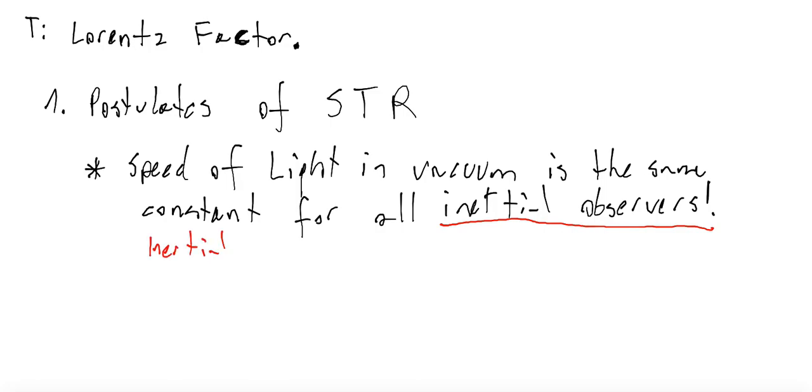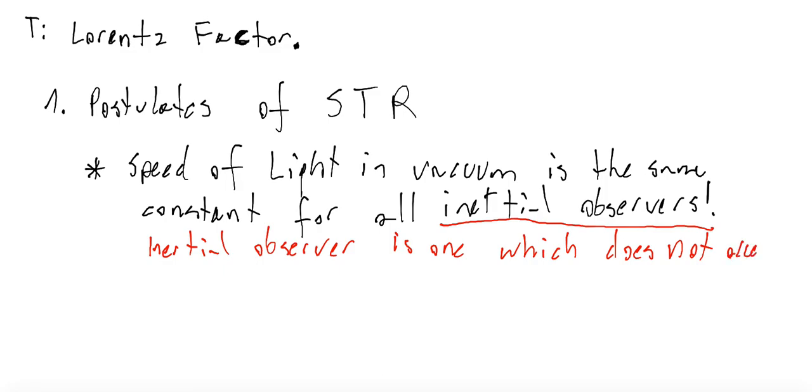So write this. An inertial observer is one which does not accelerate. So one which moves with constant speed or one which is at rest. Okay, it's very